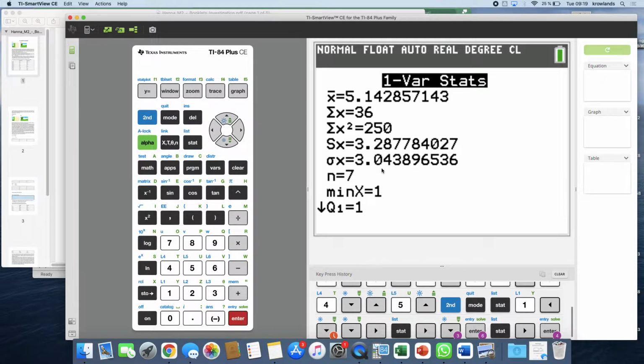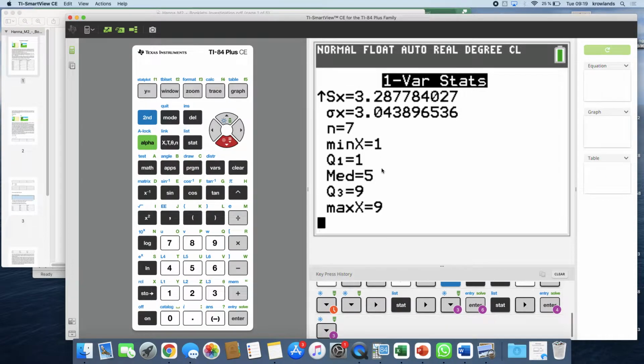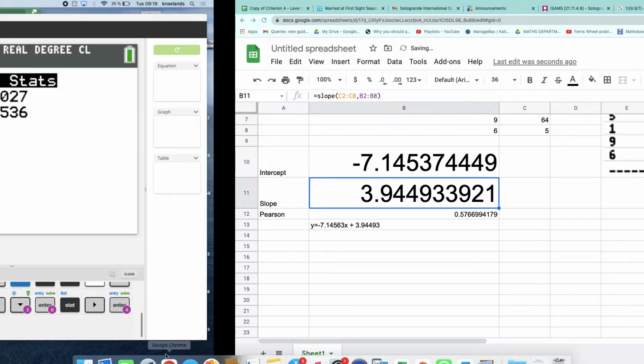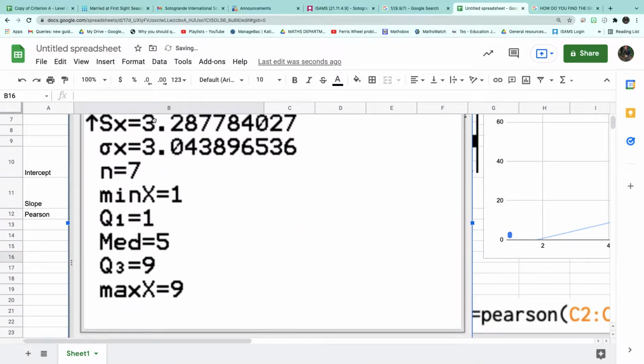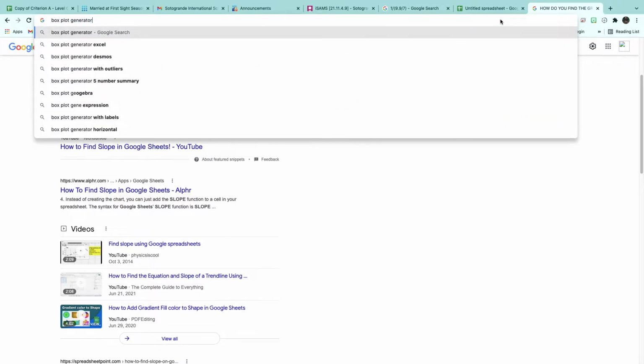List 1, then we've got all this information. This information could be then used to draw a box plot. So with a box plot, you need the minimum, the quartile 1, the median, quartile 3 and the maximum. If I take these values and then we go on to a box plot generator,